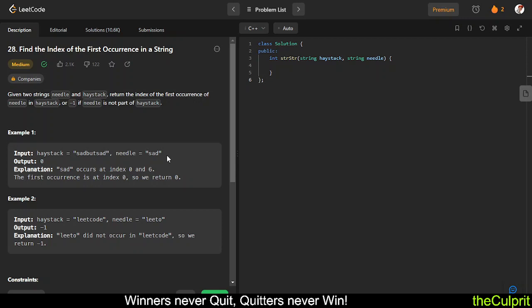And if we see that the ith character and the jth character match, then we can simply go on checking for the future values of i and j. And if we don't see a match, then we have to somehow restart our search from the point where the search got disrupted. So for example,